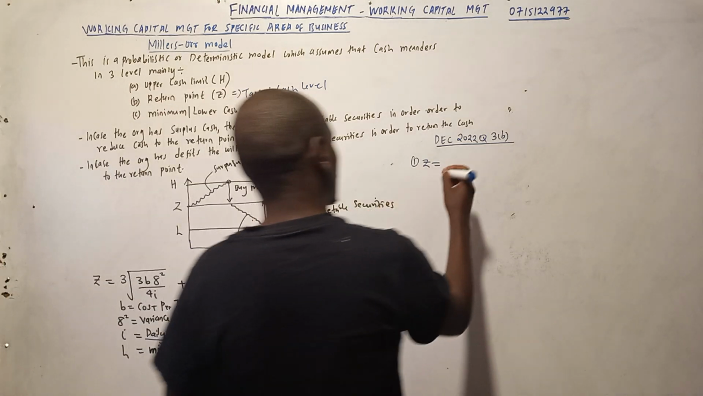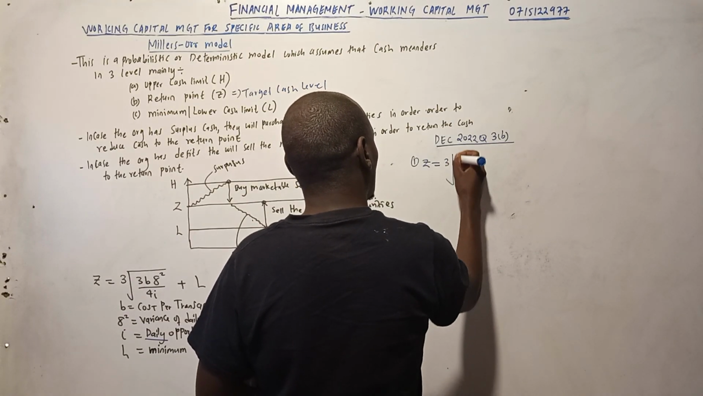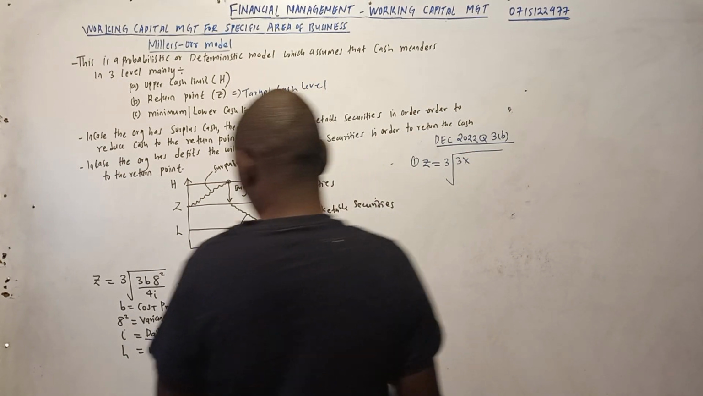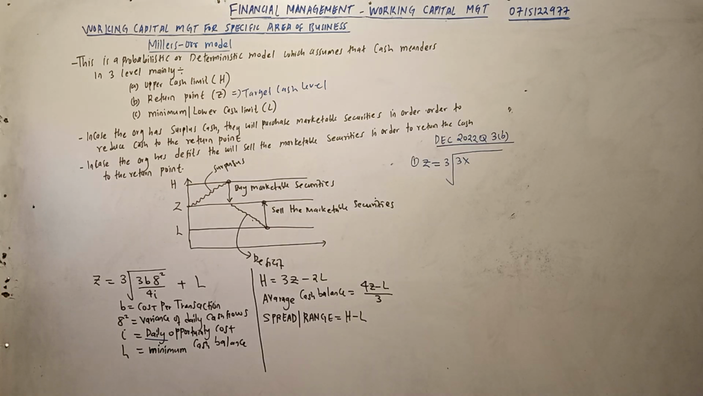So ni 3 and then 3 times B. Now B is the cost per transaction. So let us find the cost per transaction. Cost per transaction pale wanatuambia